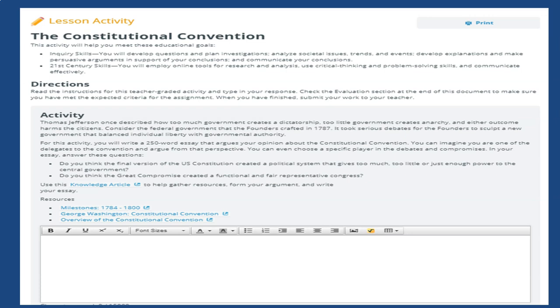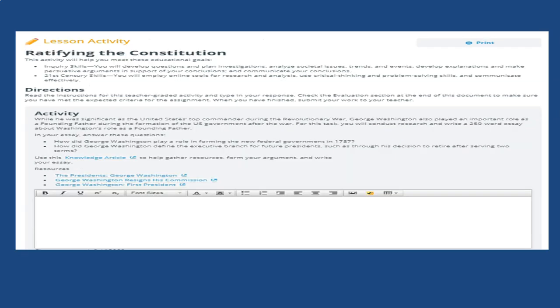And we talked about the Constitutional Convention. We talked about the balance of powers, the separation of powers in 3 branches: the executive, the legislative, and the judicial, and you need to focus on this content in order to put together your essay here. Now, the other part is basically ratifying the U.S. Constitution. In this case, you're also writing another essay.